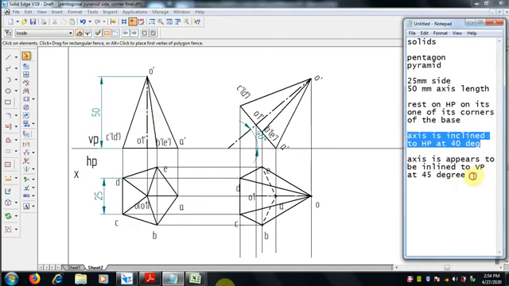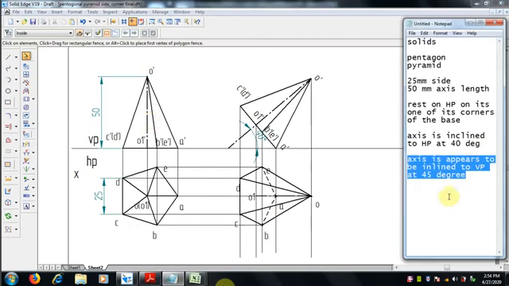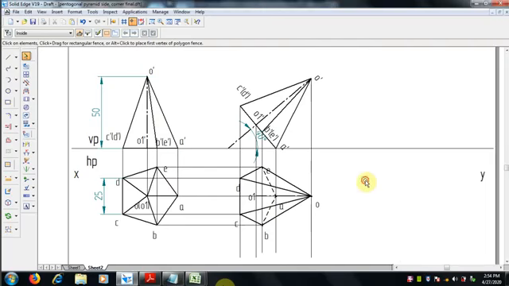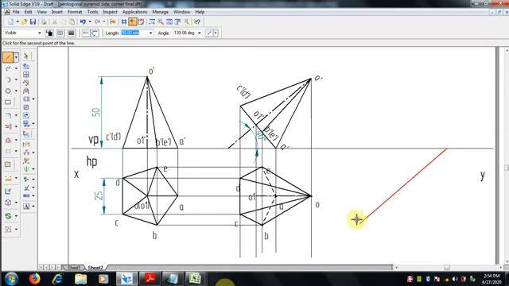Next what we have to say is the axis appears to be inclined to VP at 45 degree. In this case they have given appears to be, so 45 degree we can take directly just by drawing a line from the reference line. Make a 45 degree line to make the rotation easier.